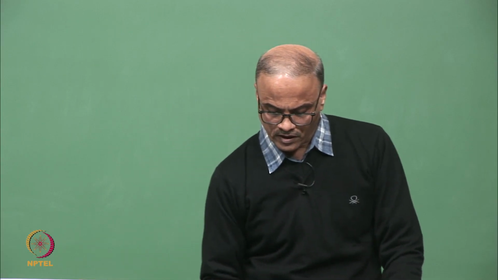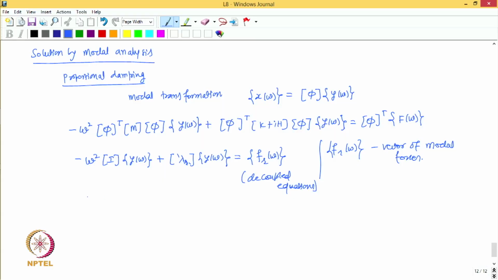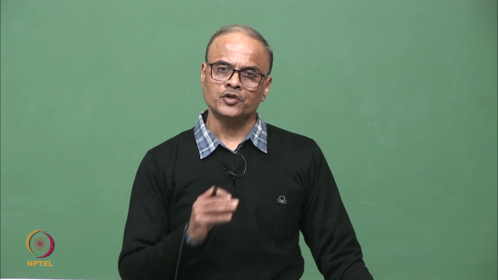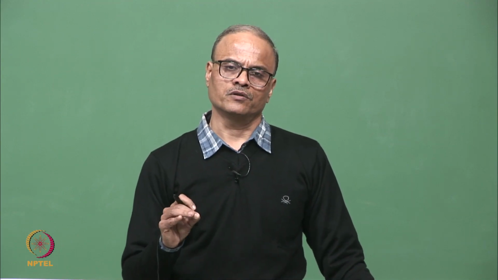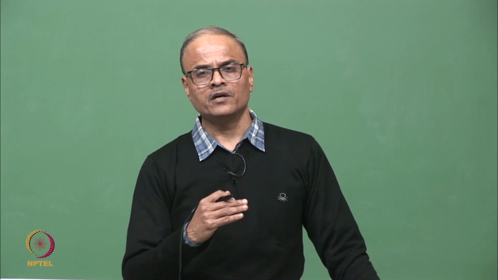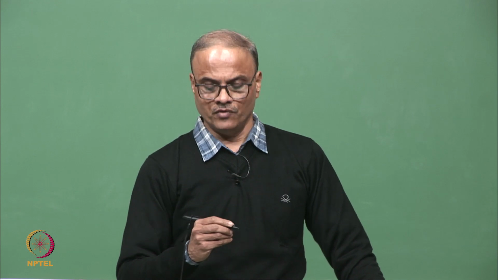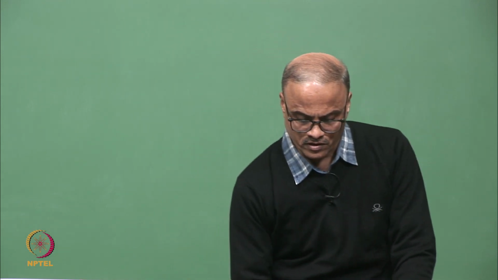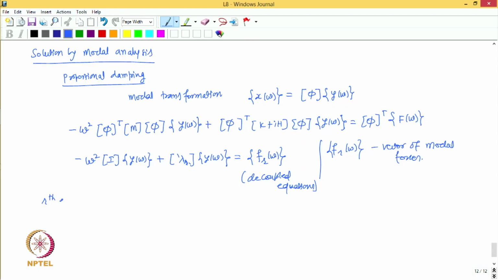So, if I look at any particular equation, say rth, these are the n equations and they correspond to n modes of the system, each equation representing the vibration in that particular mode, and that equation is independent of the rest of the equations, and hence we can take one of such equations. And if we take, let us say, the rth equation,